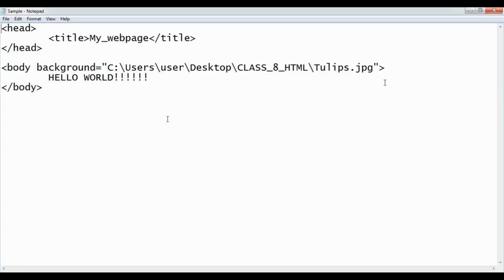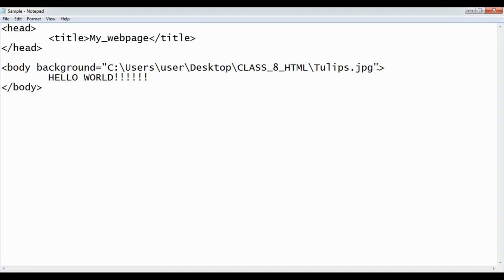Now that the code is open, let me tell you the other attributes of the body tag. Children, apart from BG color and background, body tag has other attributes like the margins. So you can also set the margins of the web page simply by writing them in the body tag. So what are the four different margins that you can set?